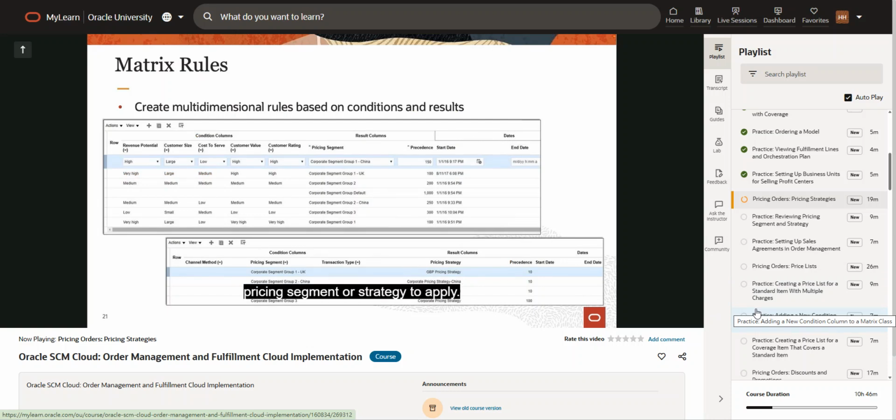The first screenshot on the slide shows how you can define rules for assigning a pricing segment in the Manage Pricing Segment page. The second screenshot shows the setup for rules that help you determine the pricing strategy. This is done on the Manage Pricing Strategy Assignment page. This lets you